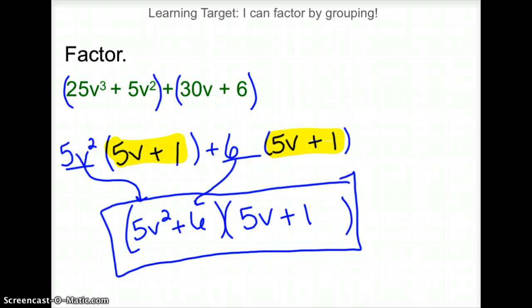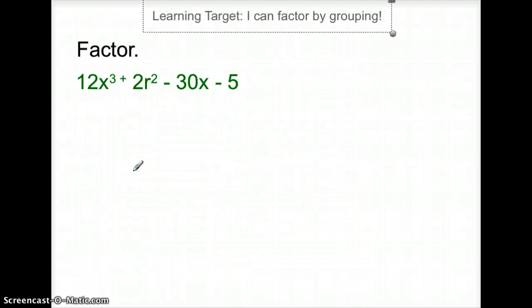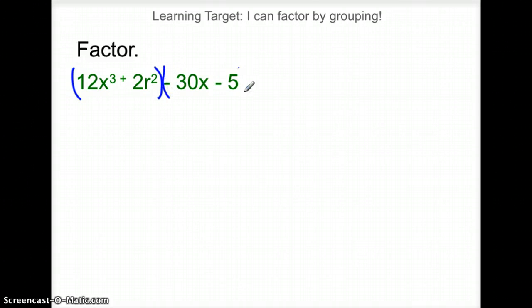All right, let's look at another one. Okay, so I'm still grouping. My first step would be to group the first two things, but wait a second. Remember, I always need a plus in the middle. So what am I gonna do? I'm gonna have to write one here. Okay, so we're thinking of 30 as being a negative number, and I have to write my own plus sign,